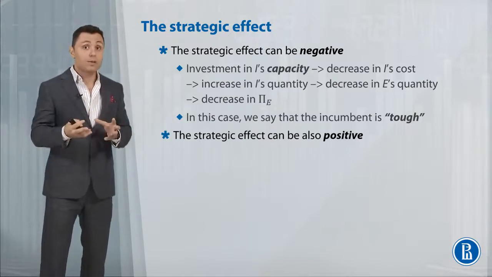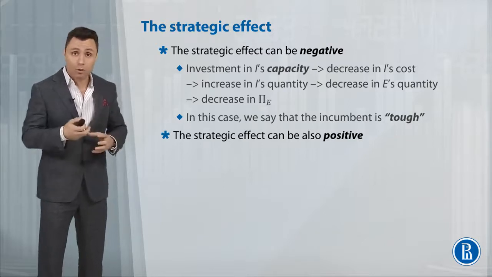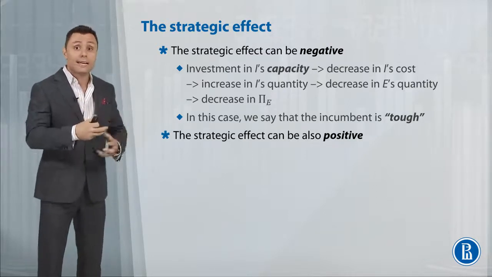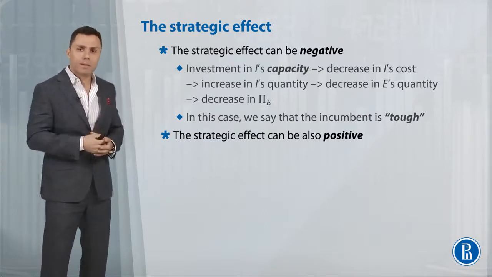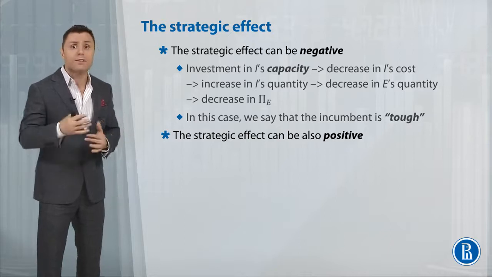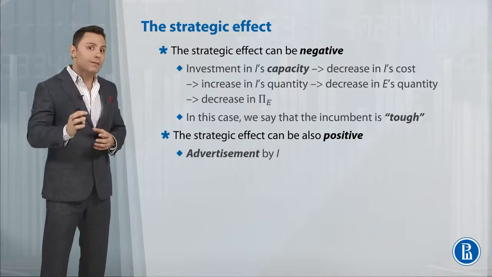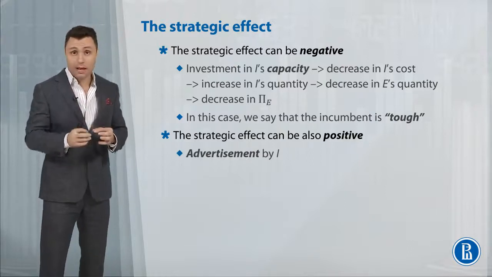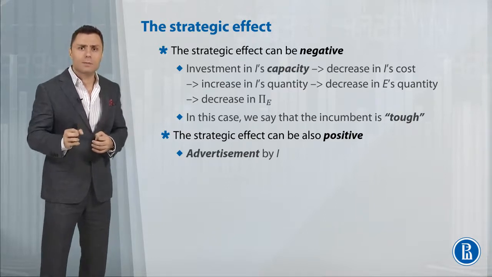It cannot be positive in the same example, but it can be positive in a different example when you have different dynamics going on. What are these dynamics? Assume now K is not capacity, but it's advertisement. One thing about advertisement that is very important, that all advertisers understand, is that advertisement can have a